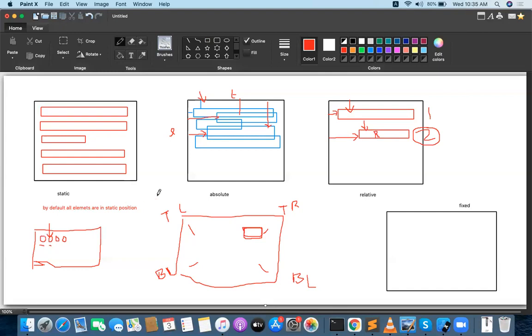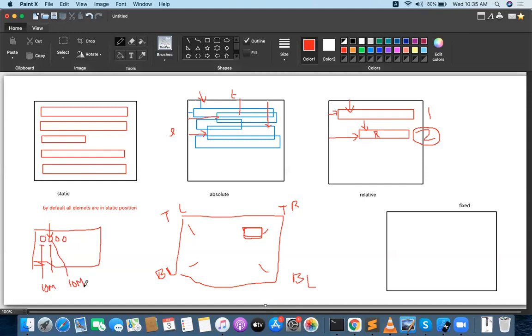In absolute position, what is happening? For the first guy and second guy, I am telling, keep 10-meter distance. First guy I am telling 10 meters, and even second guy also I am telling 10 meters. What will it do in absolute position? Both sit on top of one another, right? I told both guys are sitting 10 meters from the wall. So both guys are overlapping, one on top of another. That is absolute position.